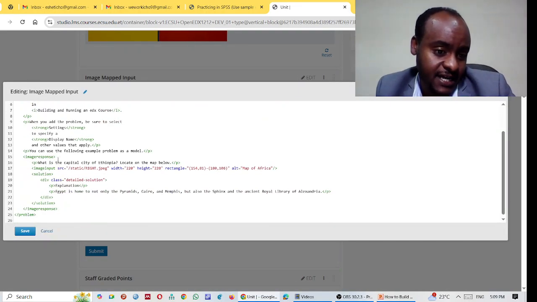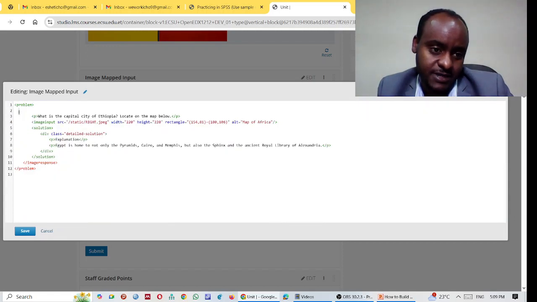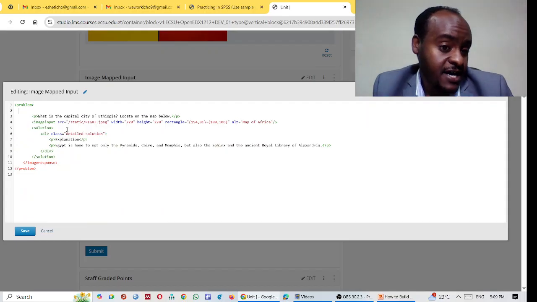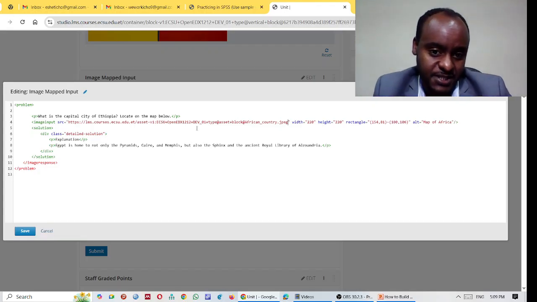Then these things are not essential. You can delete all of them from here because they are just additional information. Then input, image input, SR, then you need to click here and then select these things and replace by this thing. You see, that is, yeah, this is actually web